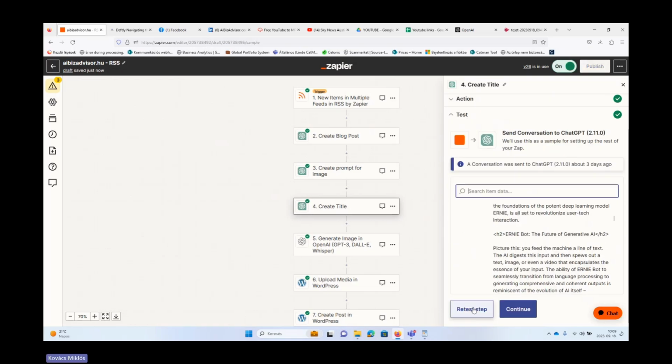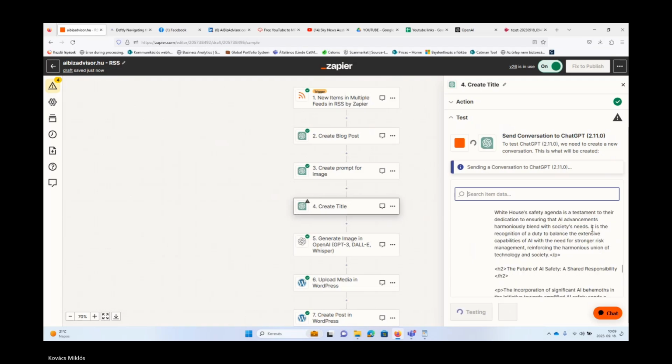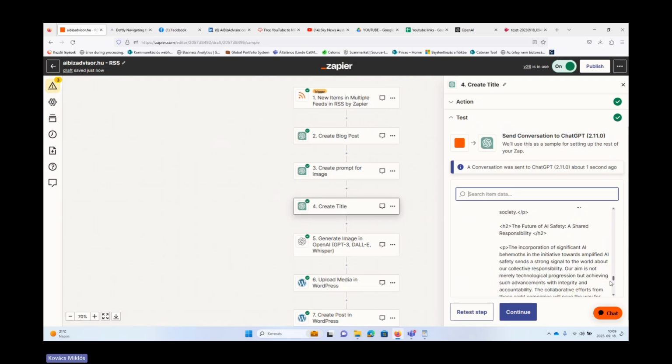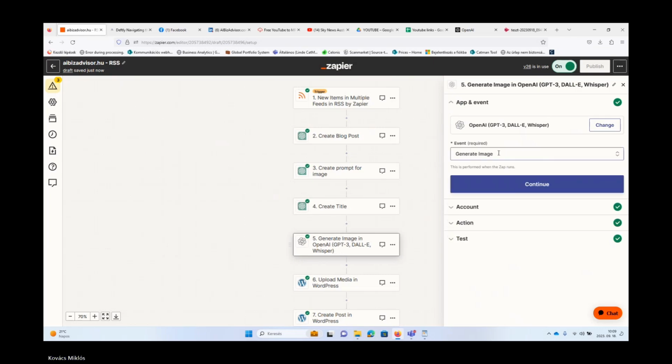Continue and then retest. Within a few seconds, we should get our title. Let's see. White House partners with AI Titans to enhance safety commitments. Perfectly fine. So we are done and we can jump to the next step.